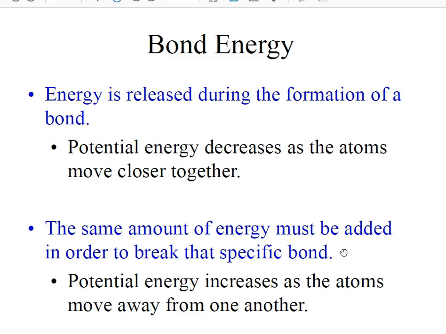As this occurs, as they move closer and closer together and the energy is lowered, that energy's got to go somewhere. Right? We can't create or destroy energy. So if we're going to lower energy by bringing two atoms together, then where's the energy going to go? Energy is released during the formation of a bond because the energy decreases as they move closer together. Now, this may be different from what you hear in biology, so I want to make sure we're clear. When a bond is formed, that is when energy is released, because the electrons lower their energy in that attraction